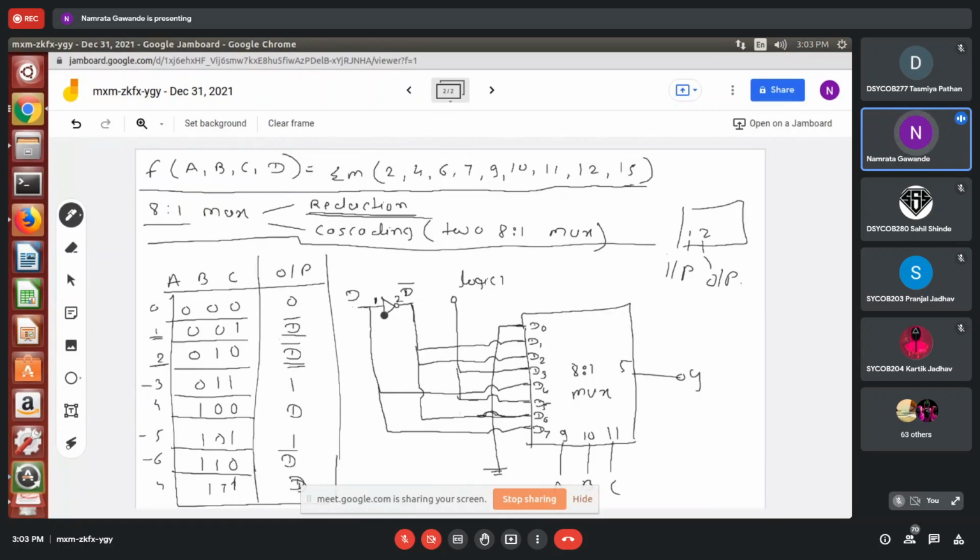So this D, I need to connect to pin number 1 of the NOT gate, and this D should also be connected to D4 and to D7. I will write the pin numbers again over here: 4, 3, 2, 1, 15, 14, 13, and 12.